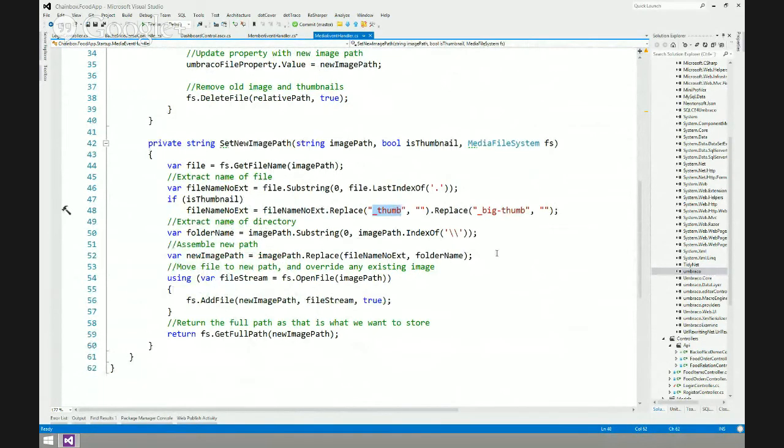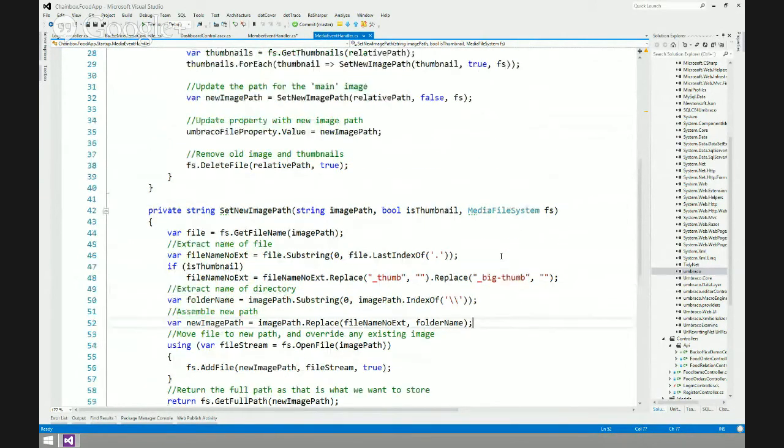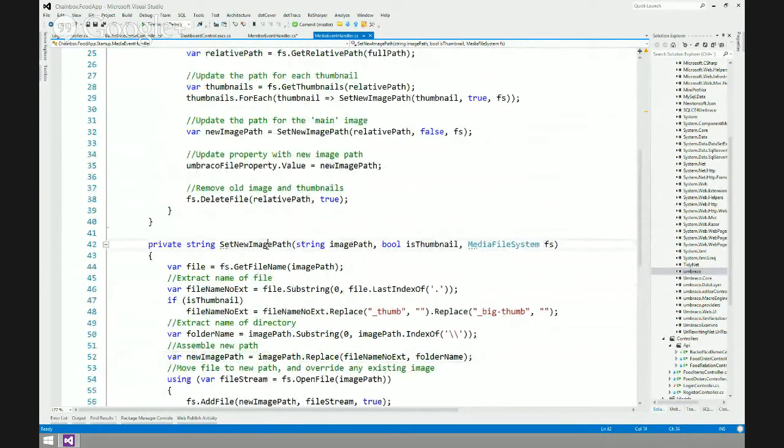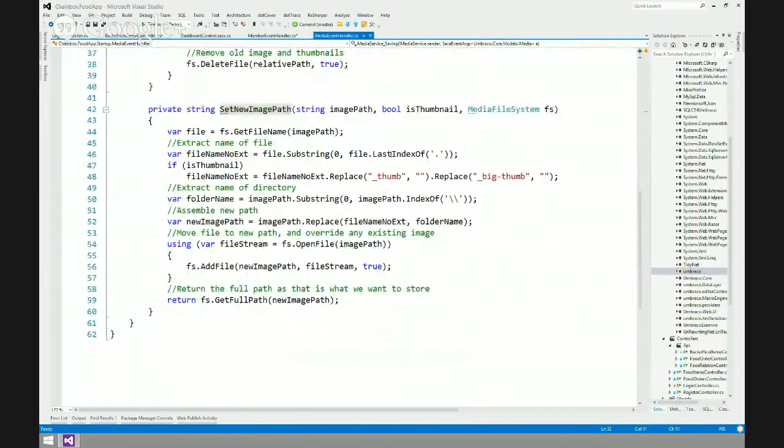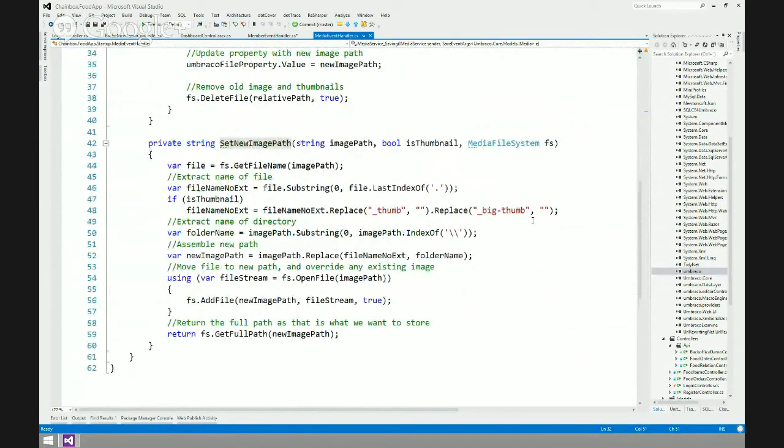So you're just figuring out what part of the file name from the thumbnail. So it could be koala_thumb.jpg and koala_big-thumb.jpg, and obviously you just want the part that's just koala. Yeah, exactly. So it's using this method both for thumbnails and the actual picture that's been uploaded. So that's why we check if it is a thumbnail, then we chop this away. If it's not, then we just continue and grab the actual name of the file,